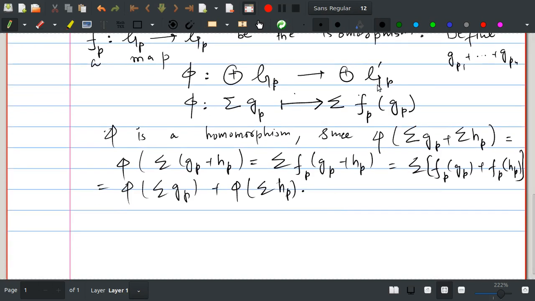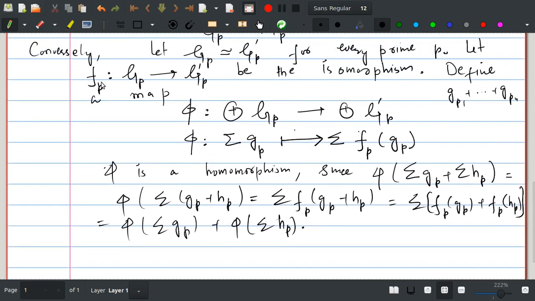One can easily define another homomorphism from the direct sum of gp to the direct sum of gp prime, which is the inverse of this phi. So phi is invertible because fp is an isomorphism, fp is bijective. So one can define here another homomorphism, say phi inverse, from the direct sum of gp's to the direct sum of